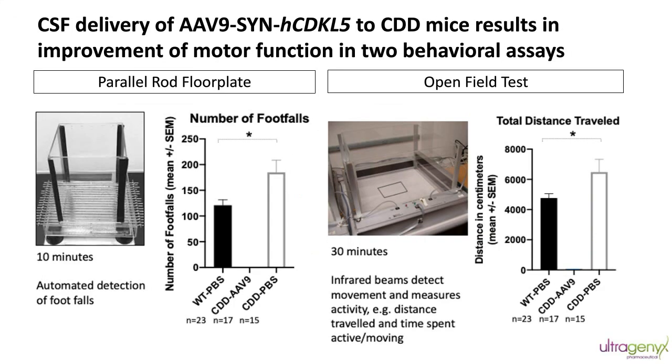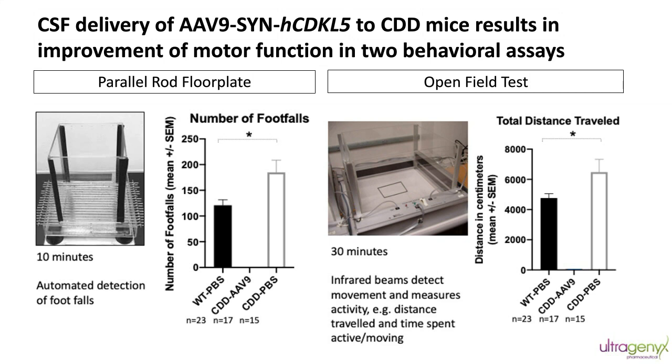So 2 of the motor functional tests that we looked at were the parallel rod floor plate and the open field test. In the parallel rod floor plate, we put mice into the structure on the left where these rods go across the bottom of the floor. And every time that the mouse walks over it and their feet fall through the rods, it's automatically detected and quantified. What we saw was that CDD mice slip a little bit more frequently than wild-type mice through the rods, which indicates that they have some motor coordination